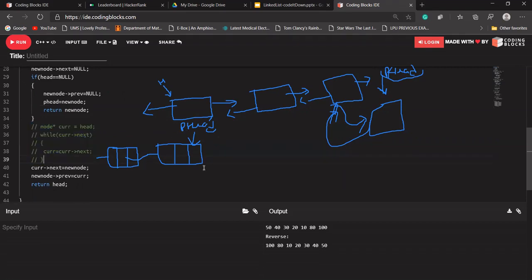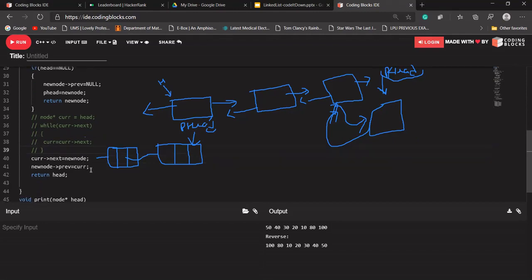Suppose this linked list has been given with us, and we have the address of this last node, p head. So instead of writing this, let me edit this. Let's write p head's next will point to the new node, and the new node's previous will point to p head.